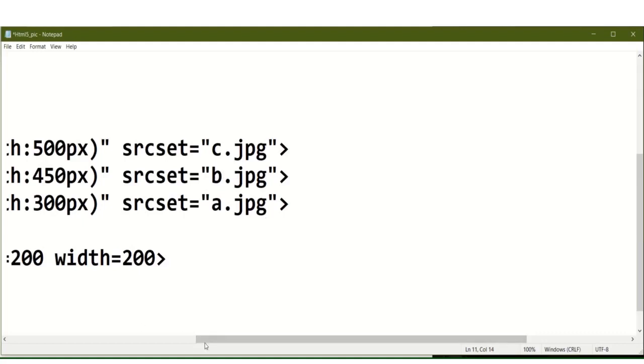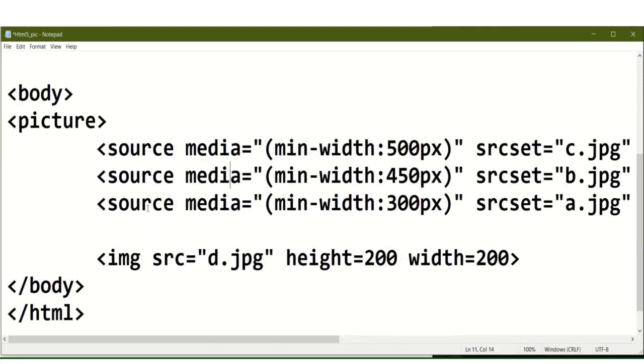The same for the third picture: minimum width 300 pixels, and srcset for the image name, which is a.jpg.